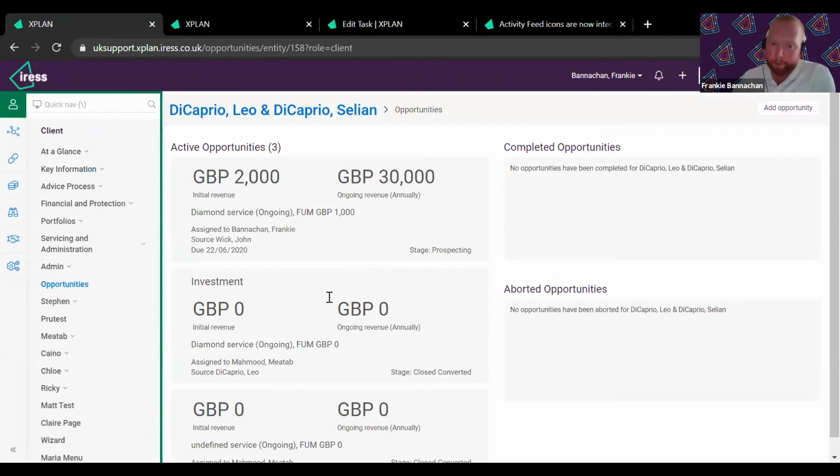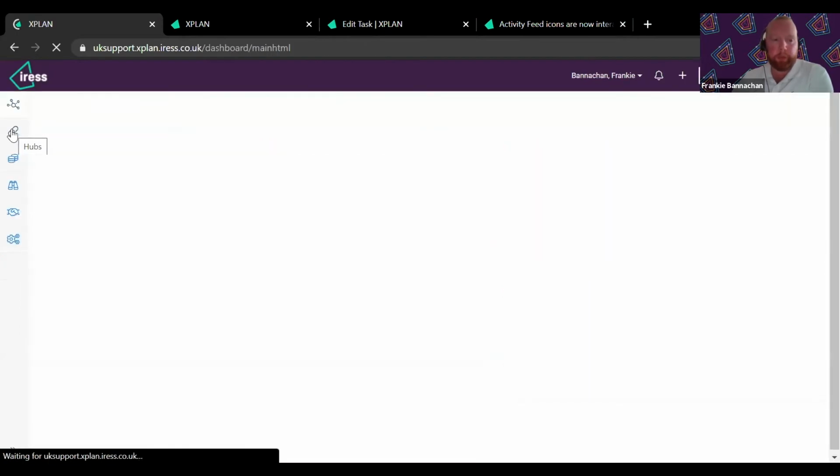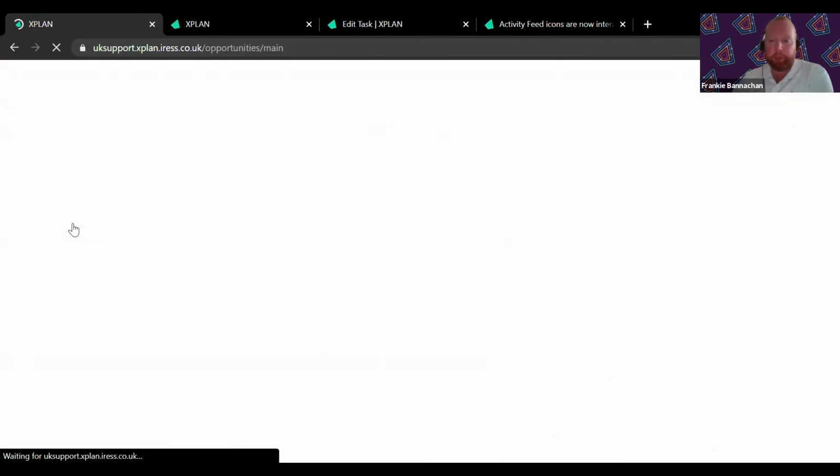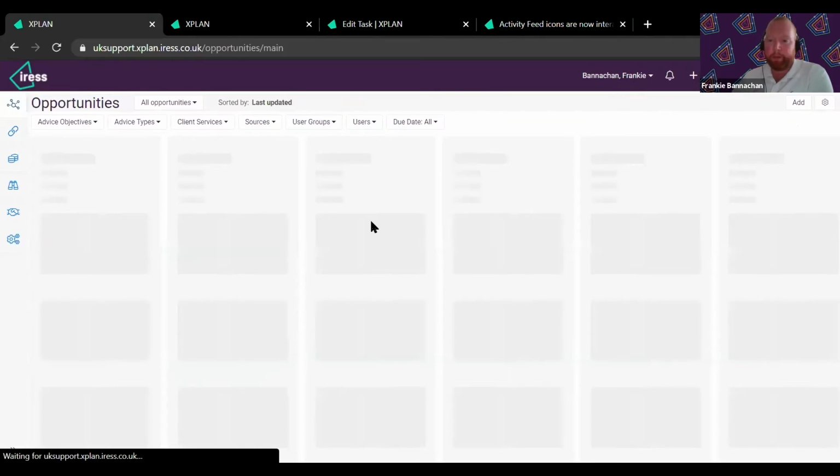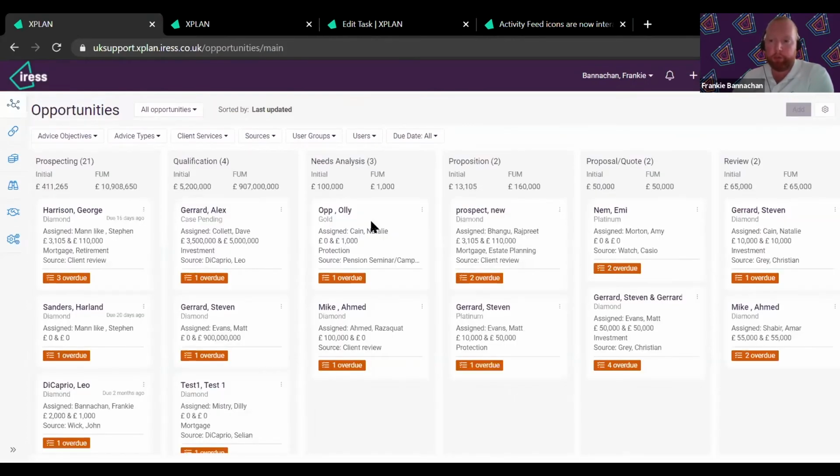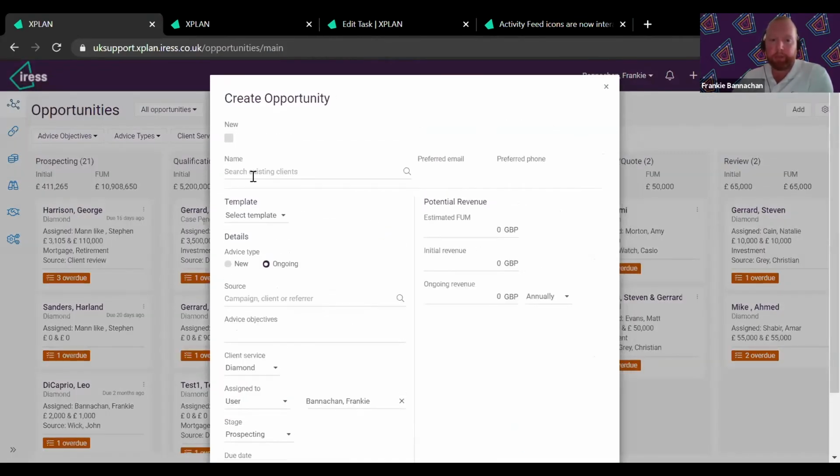Now, at client level, from within the client record, you can go in and see what opportunities are there, what are in flight, what kind of area they are for, have they completed, and you can also see aborted opportunities from there as well. But yeah, to add an opportunity to an existing client, one way is to do it there. Now, you can also do it from within the opportunities hub itself. This is quite useful because you have the ability to add it to an existing client,